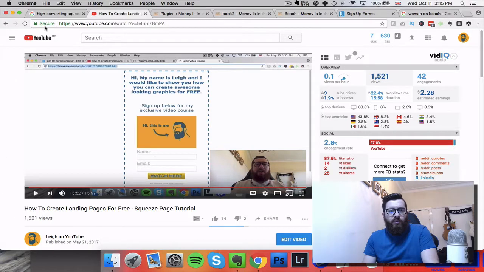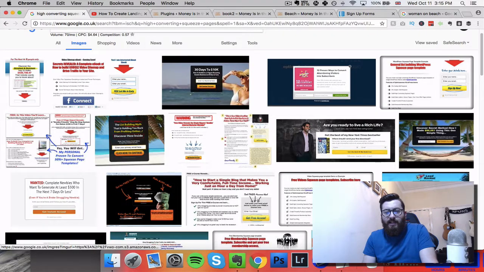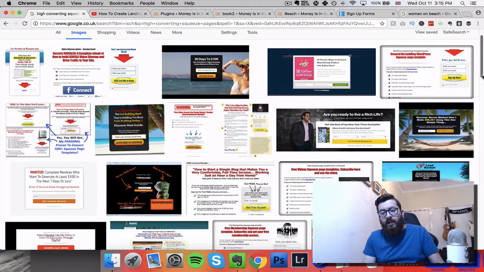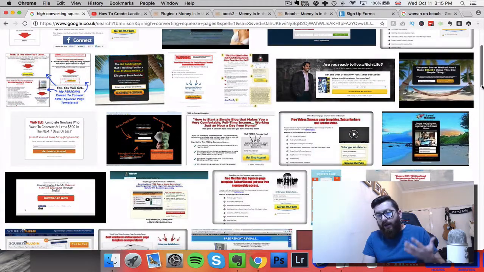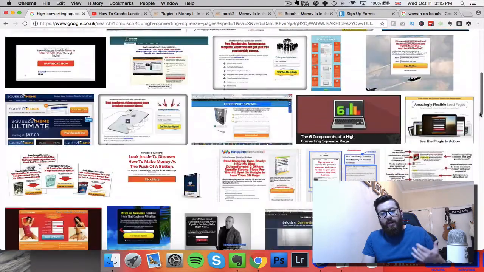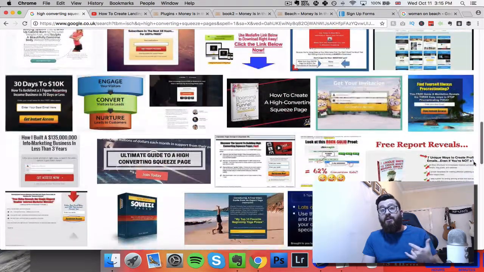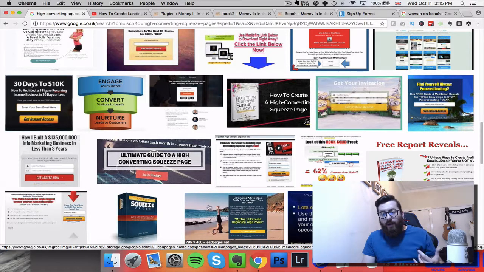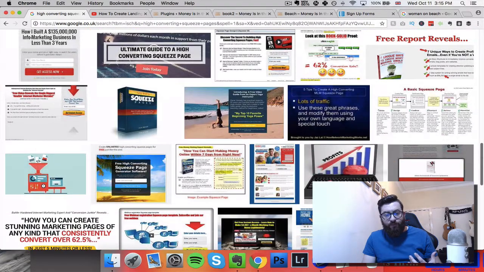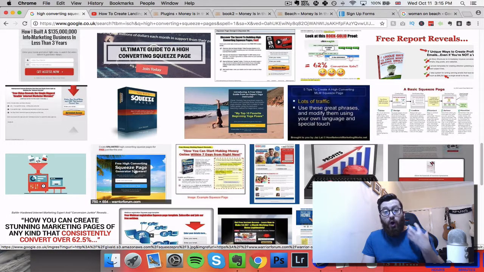So if you go onto Google and you search for high converting squeeze pages, this is what you're going to see. If you look under images, these are the images that are going to be found. These are images that people are referring to as high converting squeeze pages, and you'll see a number of themes with the pages that are high converting. Usually a lot of them have a beach element, or at least some kind of desirable image in the background, and then a central box in the middle,